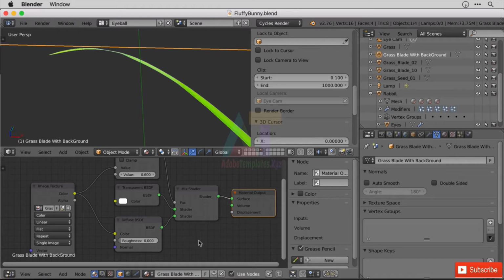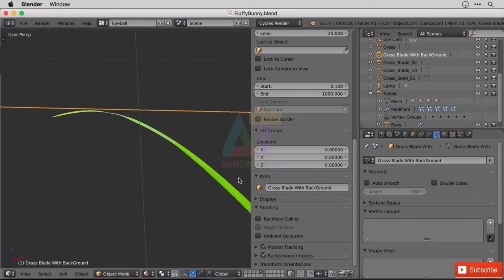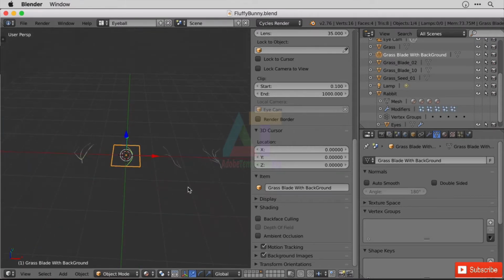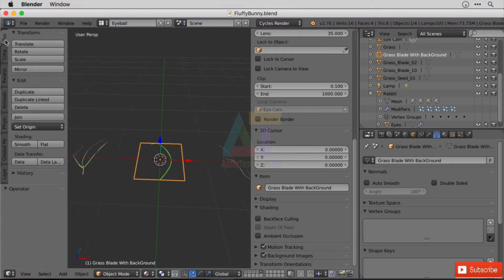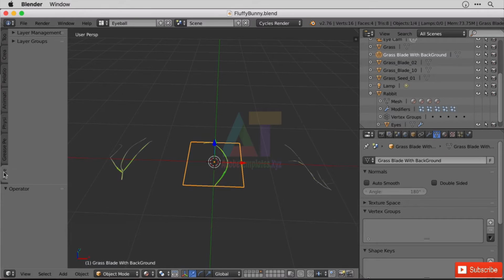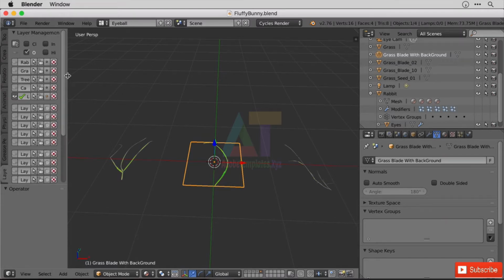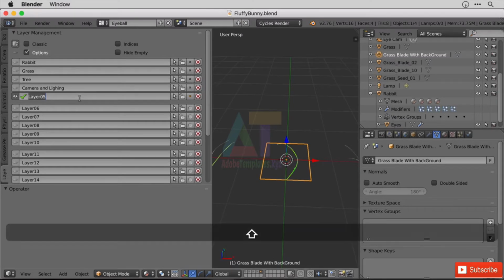Right, so the first thing I'm going to do is get rid of the node editor for the moment because it's taking up a vast proportion of my screen. So I've just got the 3D view on here. And I'm on layer 5 at the moment, looking down here on the header bar, and I want to bring back my tool shelf. I'm going to hide my properties panel. I'm going to go to my layers tab, which we added on earlier, and let's have a look at what we need. So I'm going to name this textures, or even more precisely, grass textures,